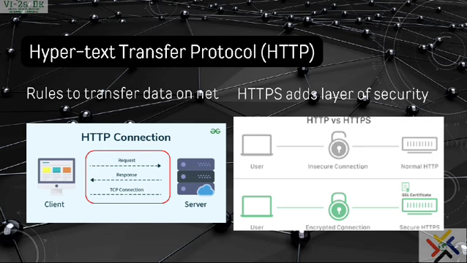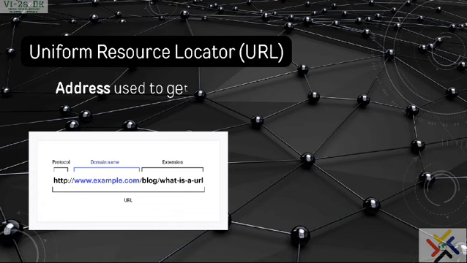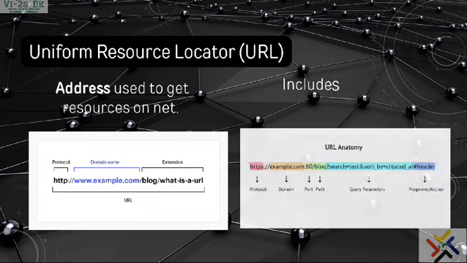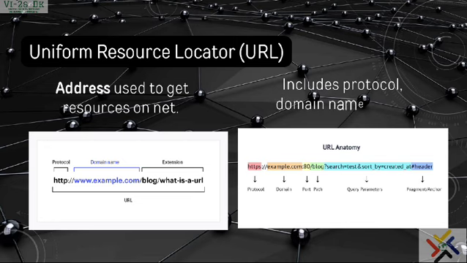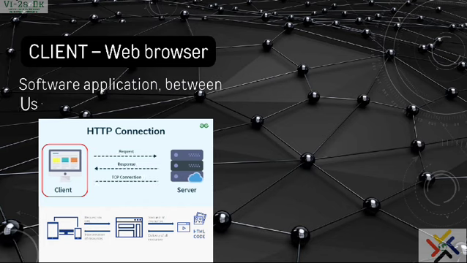To get resources on the internet, we need an address to locate this particular system. This is the URL. The URL includes the rules, the HTTP, the domain name, which is chosen by the user, and the specific path used to locate. To interact with the web, we need sophisticated software applications known as web browsers, which serve